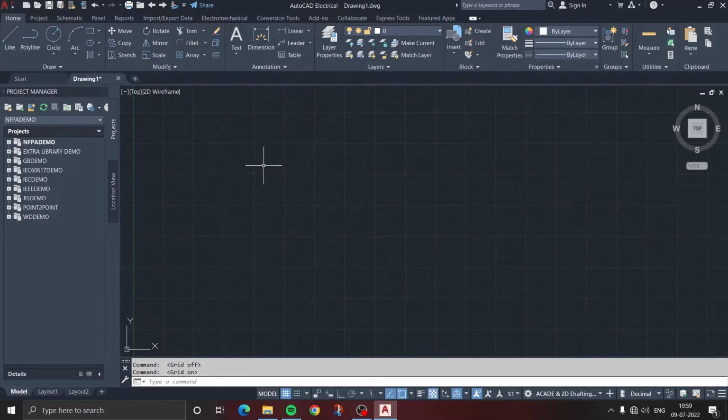So let us see different parts of this interface. At the top left corner, you can see the application button, and there are some quick access toolbars. This rectangular portion is known as the ribbon area. The ribbon area consists of different tabs like Home, Project, Schematic, Panel, Report, etc. And there are different panels also available like Draw, Modify, Annotation, Layers, Block, Properties, Groups, Utilities, Clipboard,